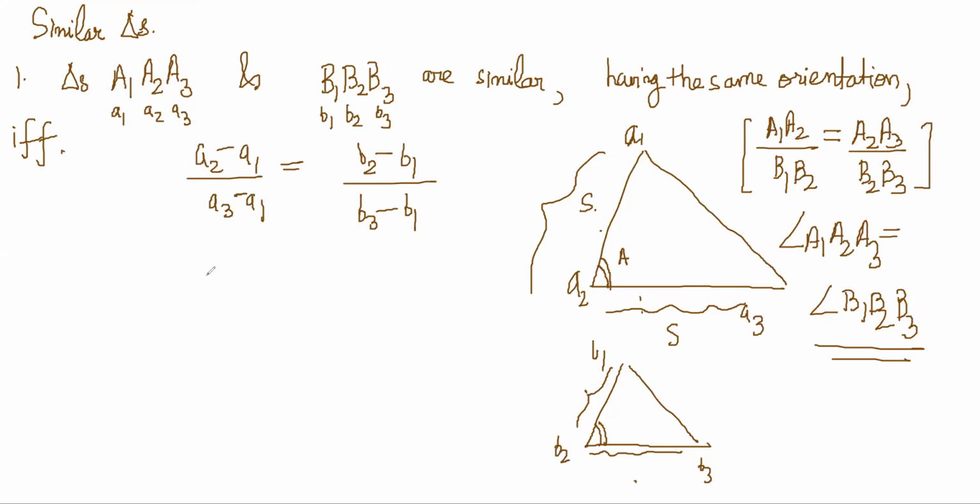Correct, no? Now what we will do here is, this is just A1, A2 by A2, A3 should be the same as B1, B2 by B2, B3. So what is same orientation? Same orientation means the included angle is measured in the same sense. You don't have anti-clockwise here and clockwise here. Both times you are measuring in the same clockwise sense, right?